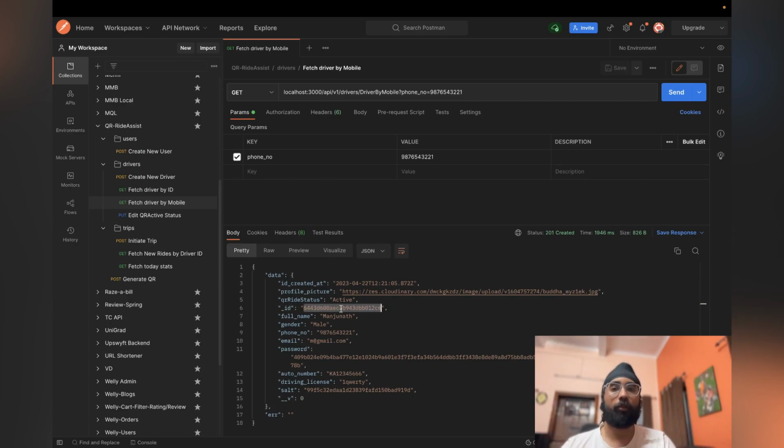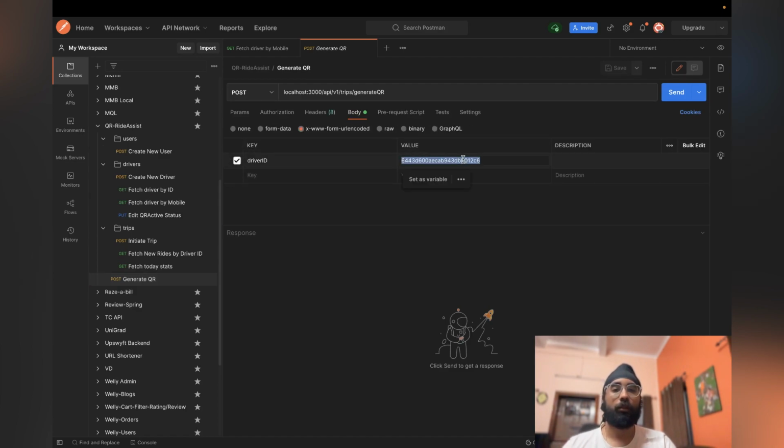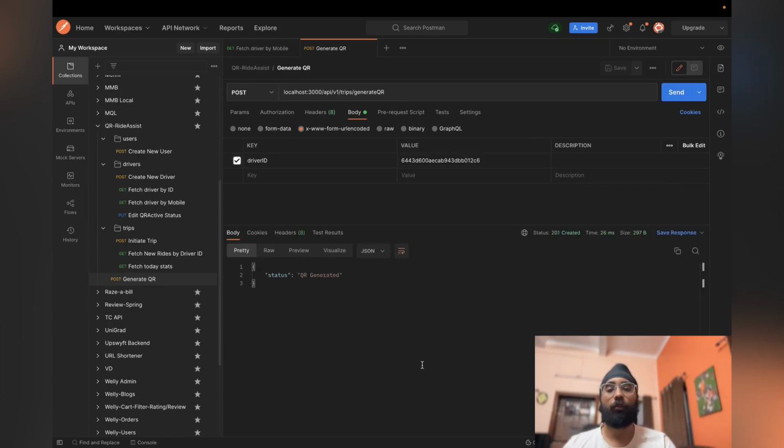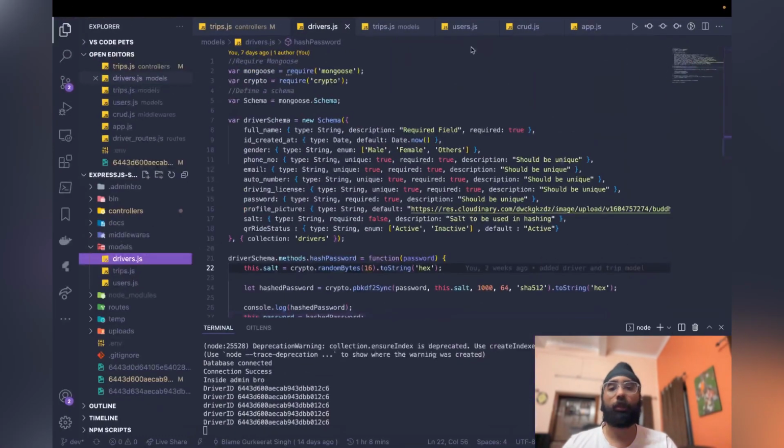We can copy this ID and generate this QR. It's the same ID that was already there. Then we click on send, and we get the status as QR generated. Now if we go back to the